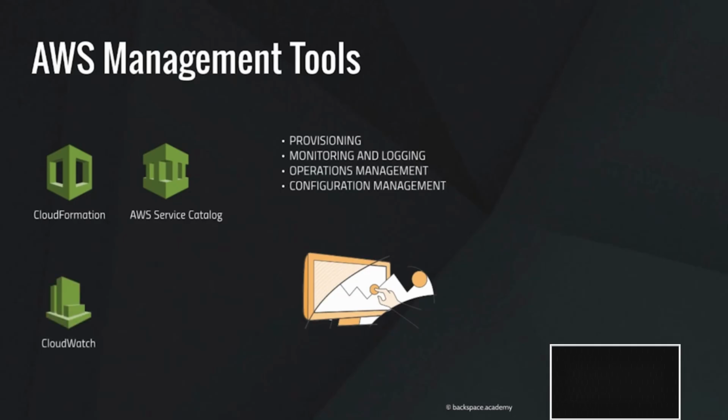AWS CloudWatch is a monitoring service for AWS cloud resources and applications that are deployed on the AWS cloud. It can be used for triggering scaling operations, or it can also be used for providing insight into your deployed resources. AWS Systems Manager provides a unified user interface that allows you to view operational data from multiple AWS services and to automate tasks across your AWS resources. That helps to shorten the time to detect and resolve operational problems.